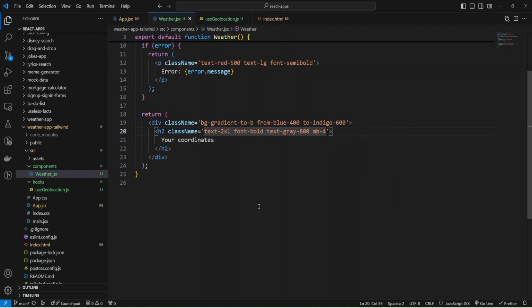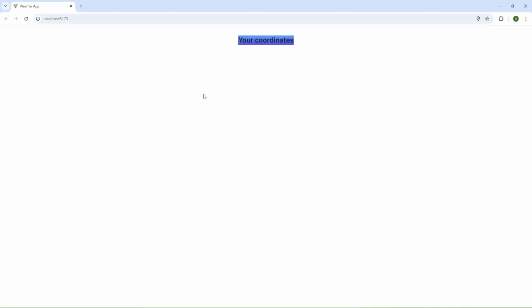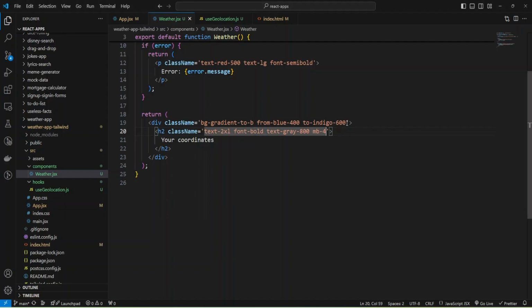Okay, and let's check what we have. And we have bigger text, and we can add some shadows and paddings, margins from top, and I'm going to add it here.